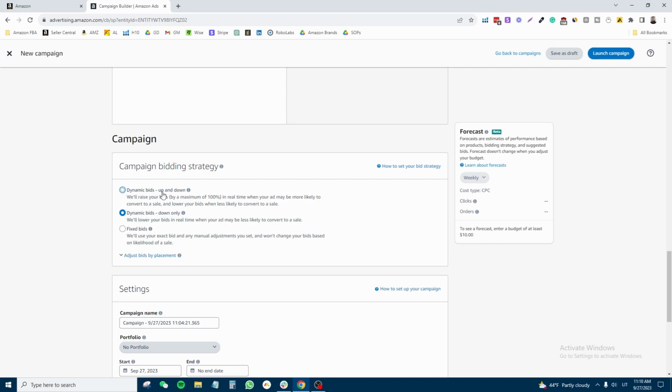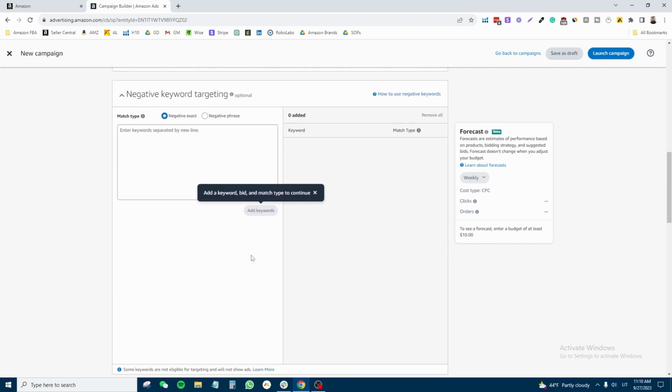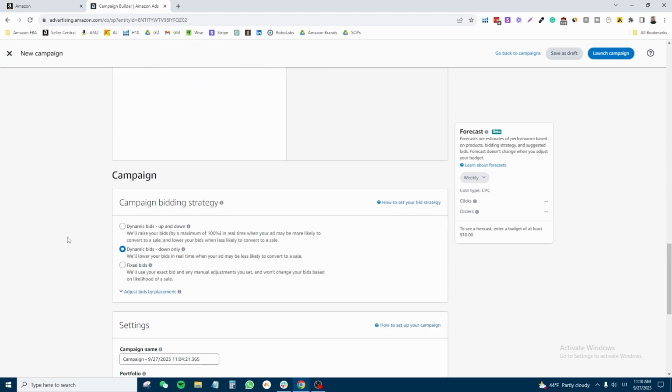The thing is, if we select up and down, Amazon might suddenly decide to bid 10x what our bid is, so they might raise your bids. As you can see, it says right here, Amazon might raise your bids by a maximum of 100%. So if you are bidding around $1, this bid might end up at $2. You will be charged $2 just for a click from your auto campaign, and the goal is not to spend as much money. This bidding strategy is more for visibility rather than